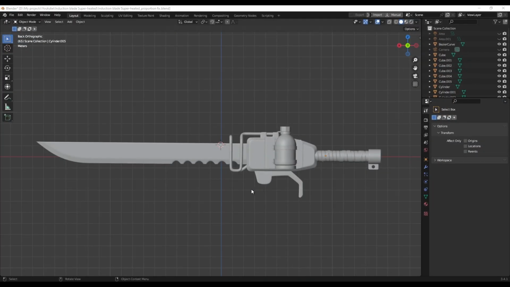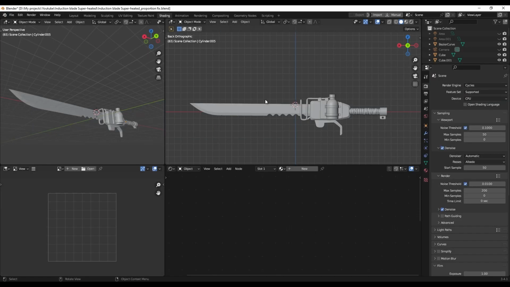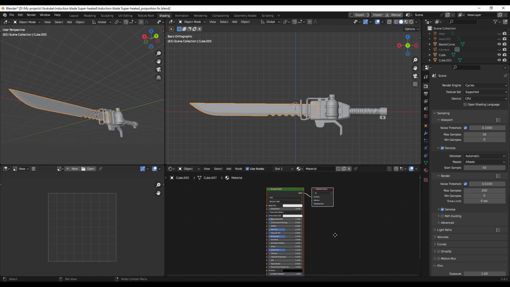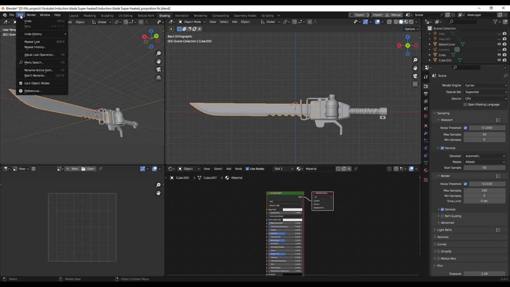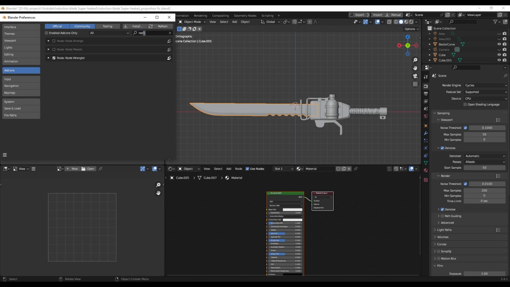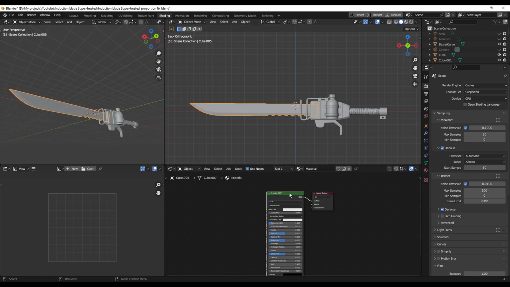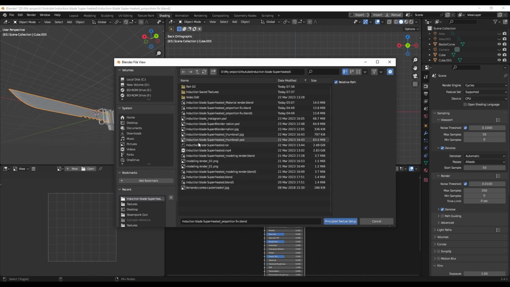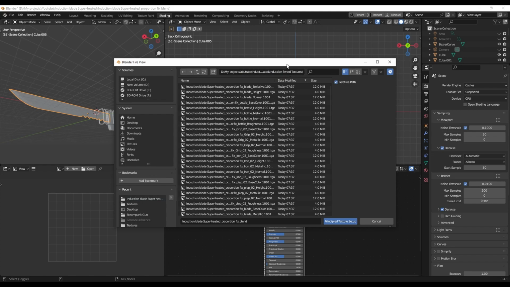Now we are back in Blender. To assign textures to your model, go to the shading workspace, select each part, for example the blade, and select the new one. You also need to turn on Node Wrangler from your add-ons, so search for Node Wrangler and turn this on. Then select the Principled BSDF and hold Ctrl Shift and press T, and go to your texture folder,